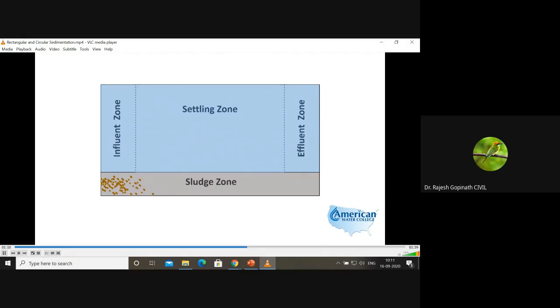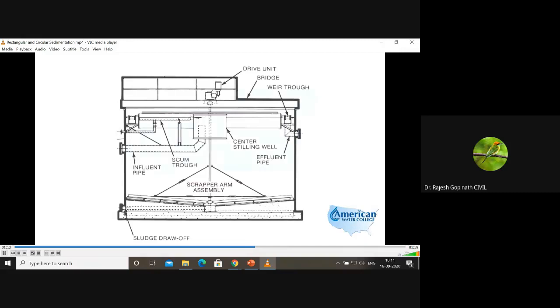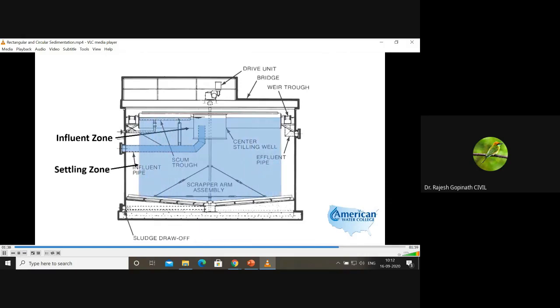Now, moving on from a typical rectangular tank, let's try to understand a circular sedimentation tank. Look at the animation. You have the wastewater entering like this. The wastewater rises, then it radially falls down. Now you can see uniform distribution of wastewater taking place, which is helping in the settling. You can see the settling here. Eventually this gets sedimented. So this is your sludge zone.